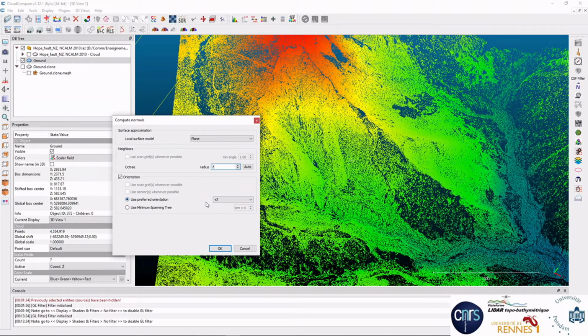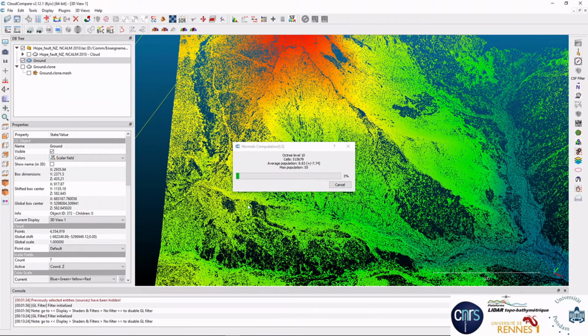And you need to orient the normals, and because we are looking at airborne LiDAR data, all the normals can be oriented toward the sky with plus Z. It can be different if you're using terrestrial LiDAR data, where the orientation might be more complex and should be done, for instance, from a minimum spanning tree. But here it's relatively simple. We do that. It's a relatively quick operation.